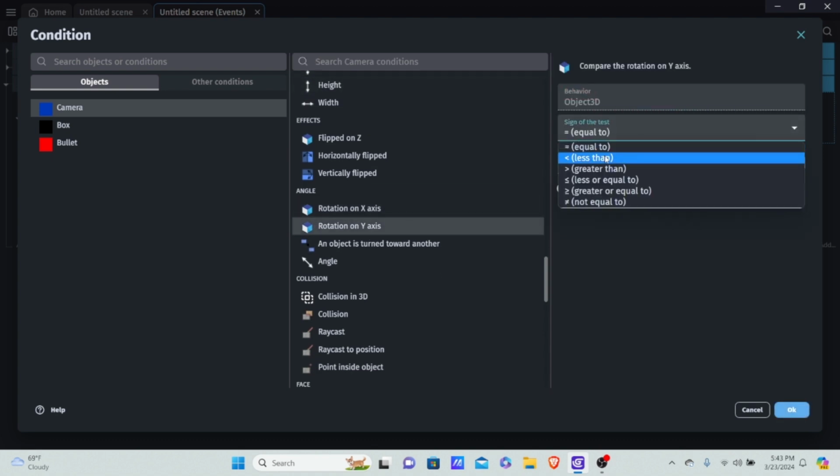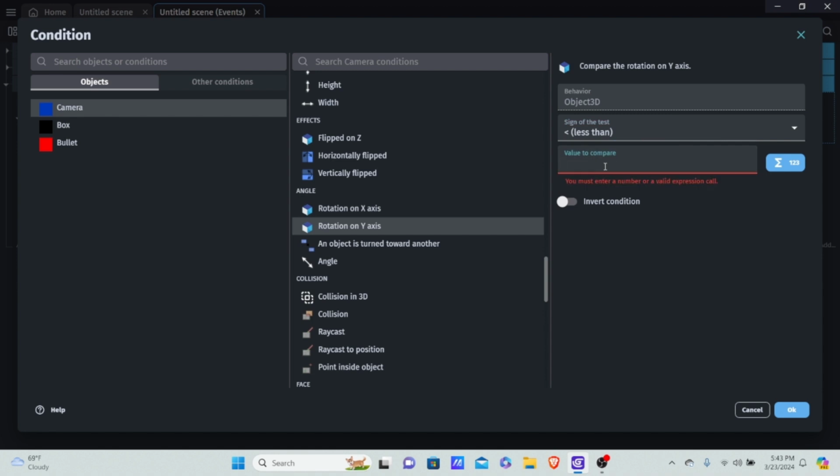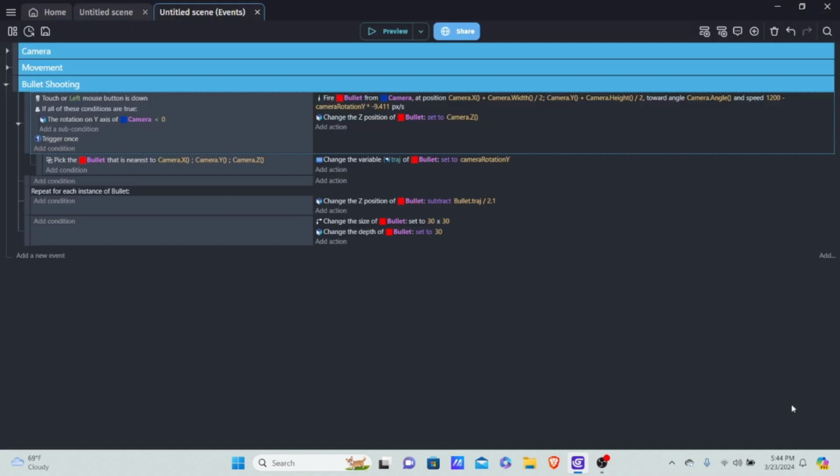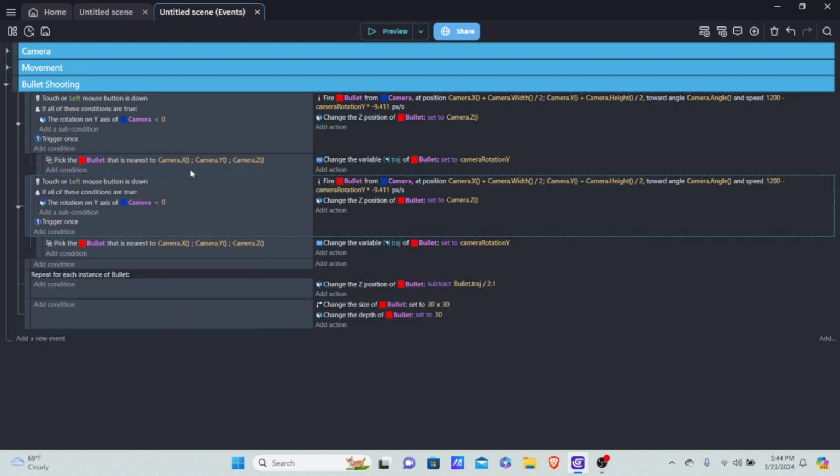We want to check if this is less than 0, and we're going to use this formula if it's less than 0. I'm going to copy it and paste this. I see I didn't copy correctly. I'm going to copy this once again, paste it here, and copy it one more time, because